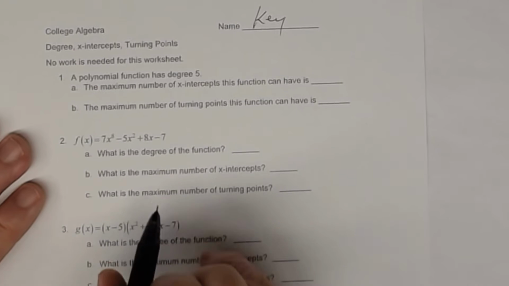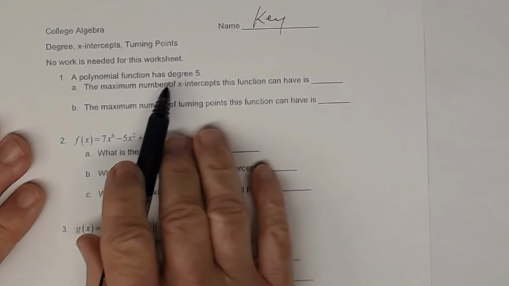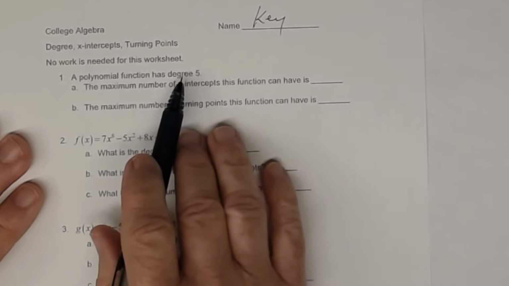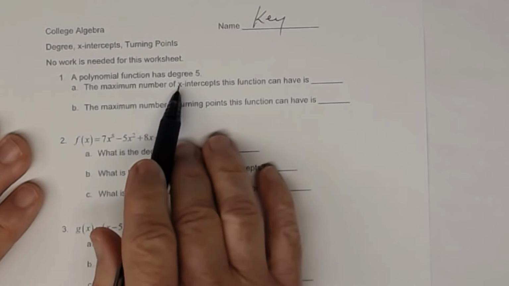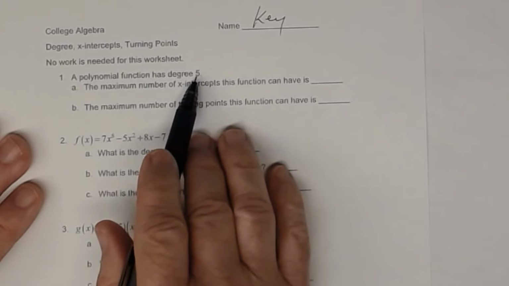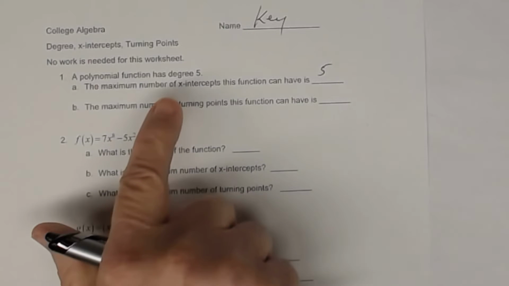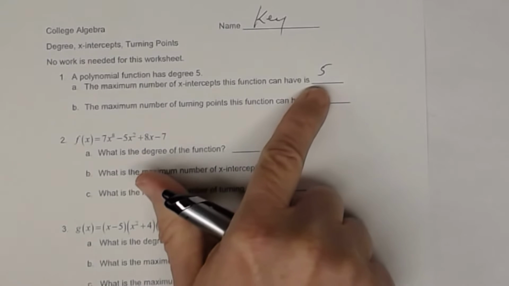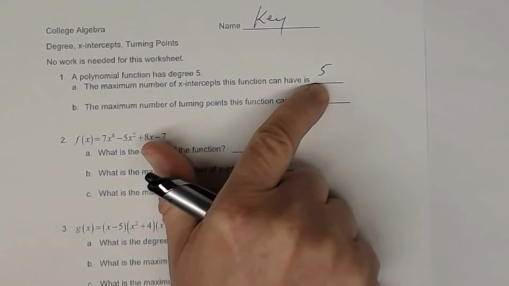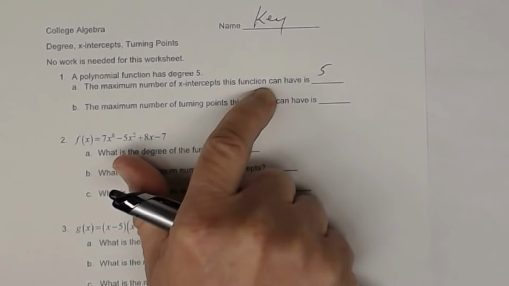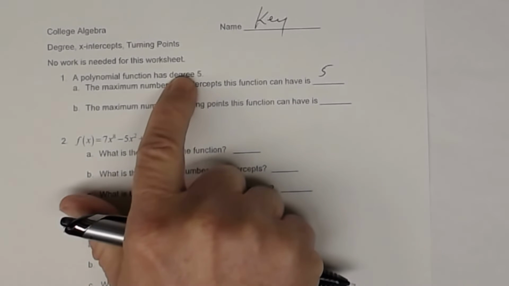Okay? All right. So let's answer this number 1. Number 1 is easy. So if the degree is 5, we know now that the maximum number of x-intercepts of this function has to be 5, right? So the maximum number of x-intercepts is always equal to the degree. So it doesn't mean there's 5, it means the maximum is 5. So we have 5 all the way down to 0. Okay, you can have a polynomial function with that degree that does not have,